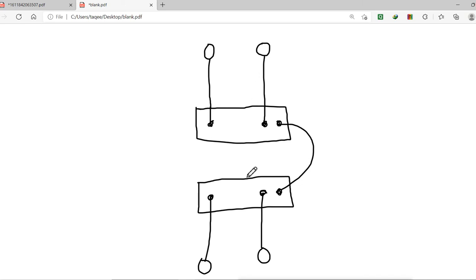Now remember, this is not for a small network. What I'm showing is not for a small network. It happens when you have a big network, when you have multiple switches. For two switches we don't do that. But for the example I am showing you this. What will I do?